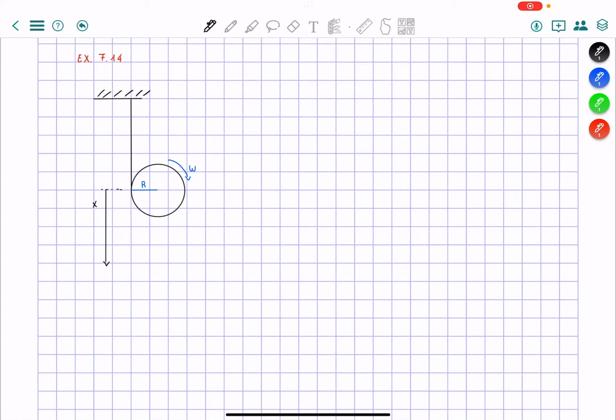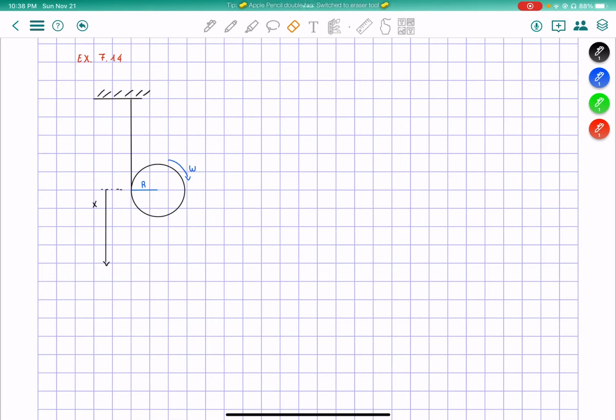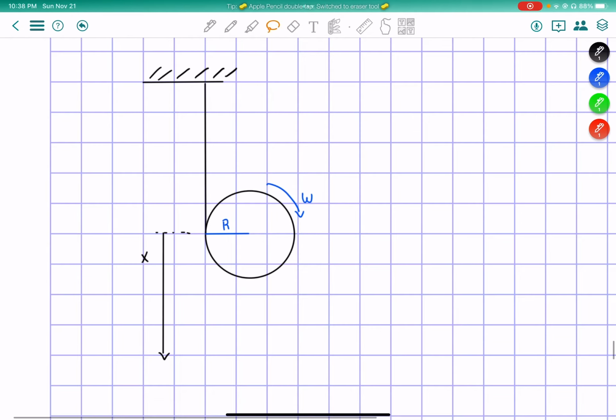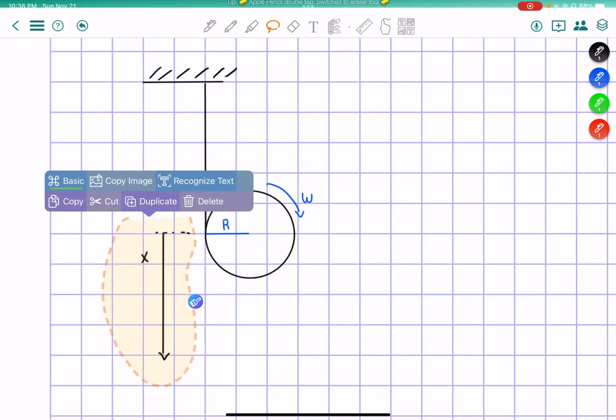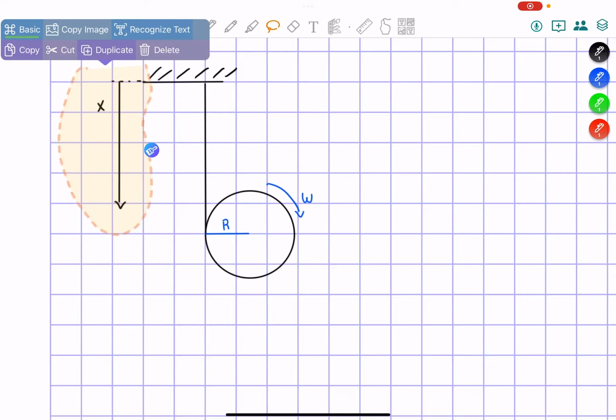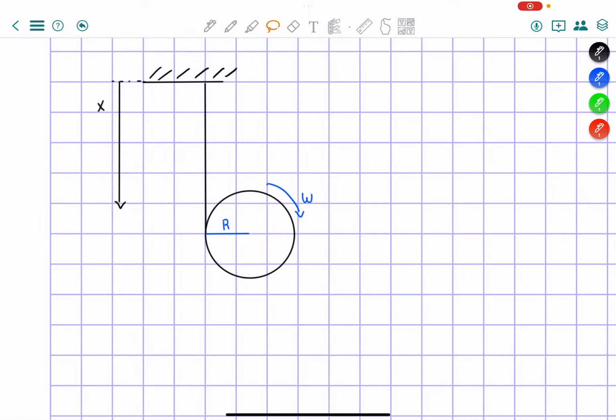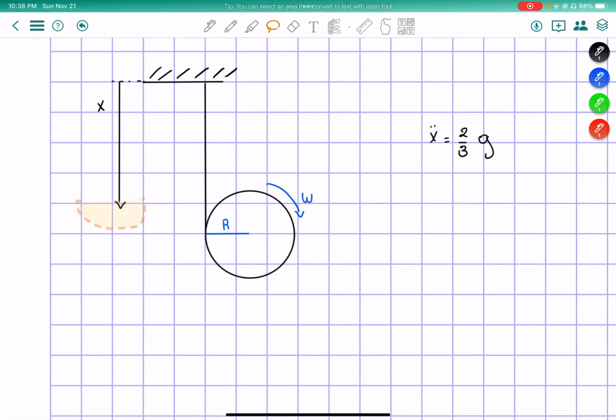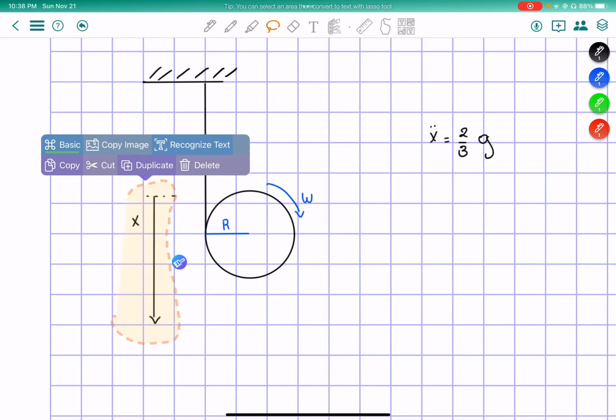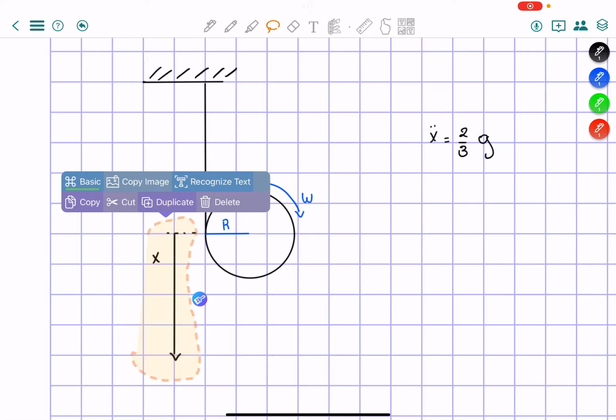In problem 7.14, we are given a picture of a yo-yo, like I drew here, with an x-axis right here. That is rotating or going down, and we have to prove that the acceleration is equal to 2/3 times the gravitational acceleration. So now what I decided to do is to take the beginning of the x-axis at this point here,